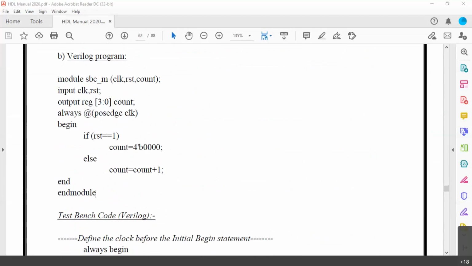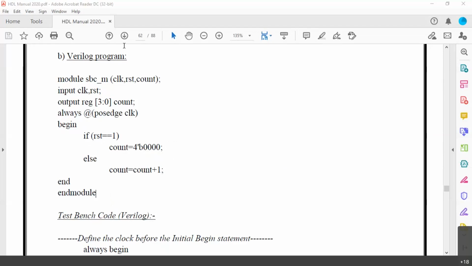Always at posedge clock, begin, if reset is 1, then count is assigned 4-bit 0, else count is assigned count plus 1. Here you can see we have used count at both LHS and RHS. Still this will work. Verilog will work here. It is not necessary that we declare it using inout. So end module. In this way, we have this Verilog program.